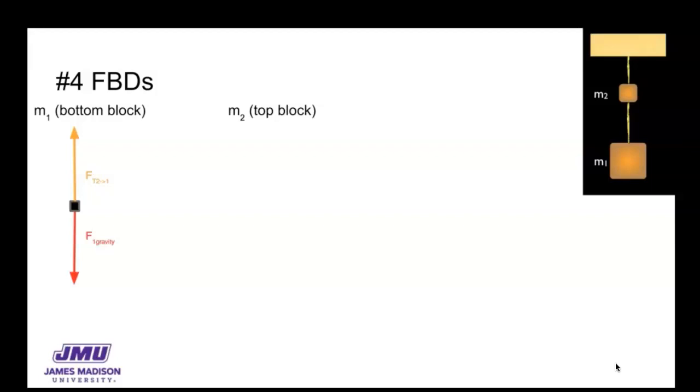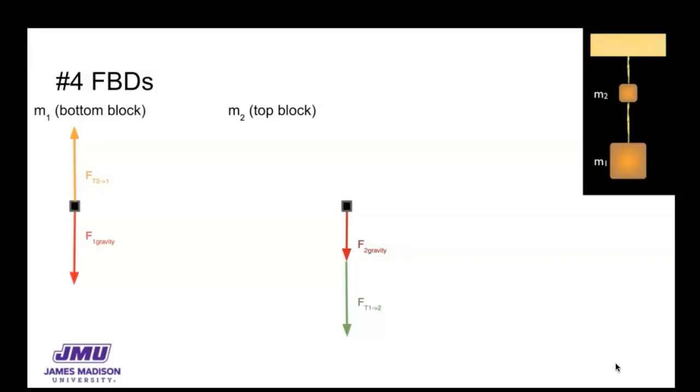Okay, let's take a look at the free body diagram for mass 2. Mass 2 has the Earth pulling down on it, and I drew that a little bit smaller and gave it a slightly different name because I don't want to accidentally mix up the force of gravity on mass 1 with the force of gravity on mass 2. They're definitely two different things. I also know that mass 2 has a tension force pulling down on it. You might call that the weight of mass 1, and I would not. The reason I wouldn't do that is because what this is actually